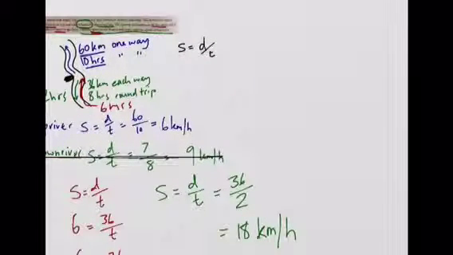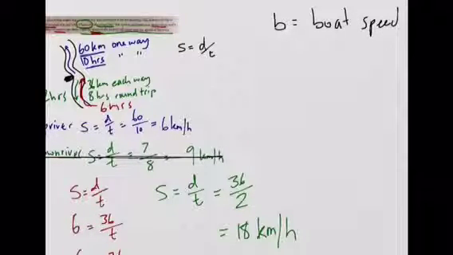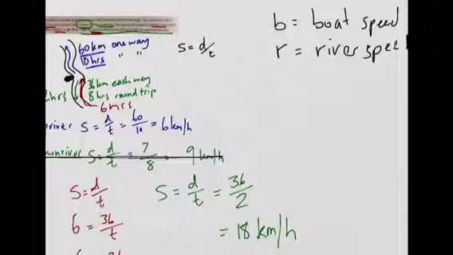The river? Well, say you said one variable was the boat speed, so let's call that B equals boat speed. That would just be the still water speed, the boat speed by itself. And then you'd call the speed of the river R equals river speed. So one thing we do know is that,